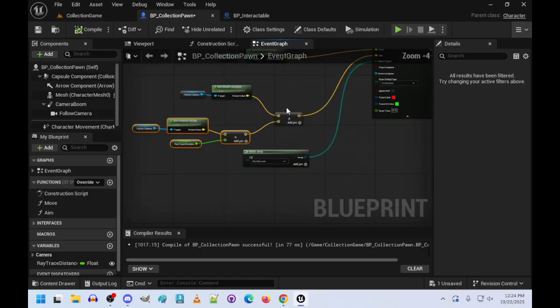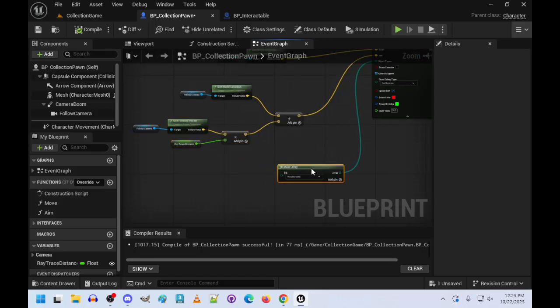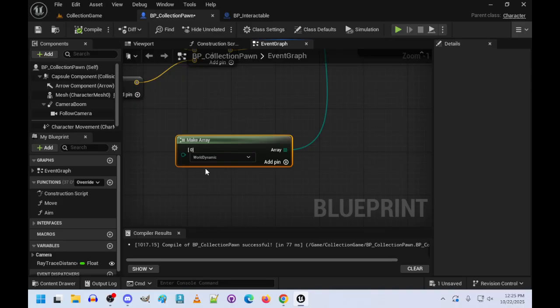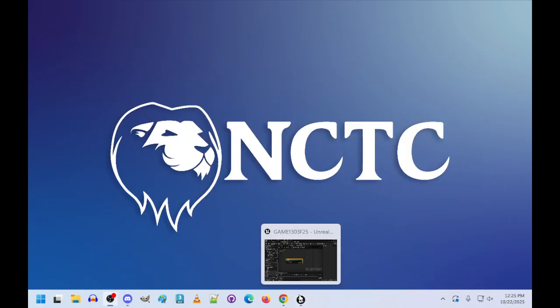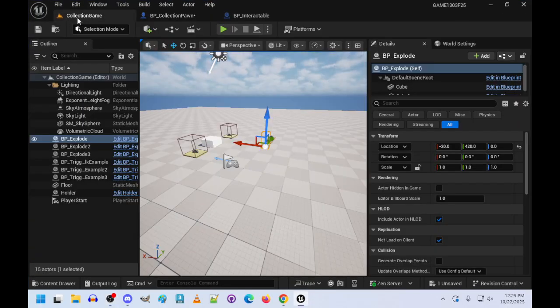And then finally, basically made an array. We're looking for world dynamic, which is what all actors you place in the world are considered, unless we set them to be static. We didn't set anything to be static. In fact, from an optimization standpoint,